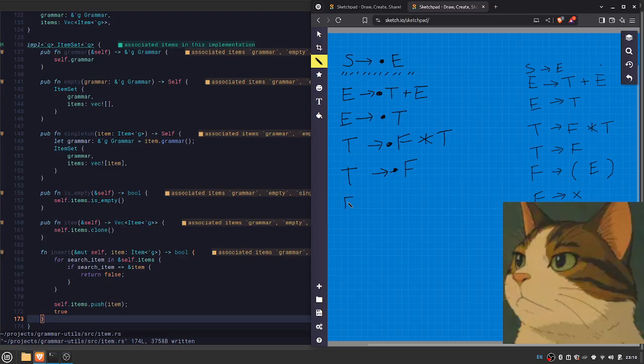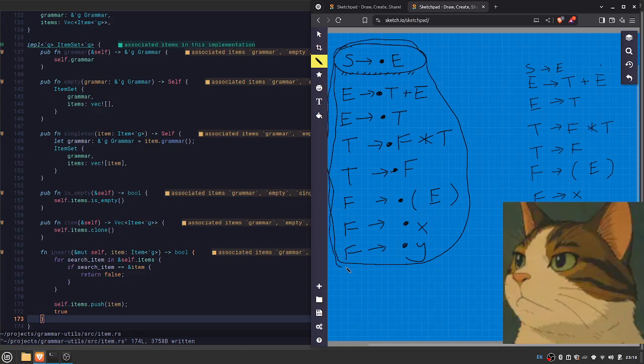And we're going to go one last time. F goes to open parentheses, E, close parentheses, or it's going to be X, or it's going to be Y. So this is the closure of this singleton set. So we start off with this one, and these are all of the equivalent positions that we are in. And this item set is really important for working with our machine because this is the identity of the states